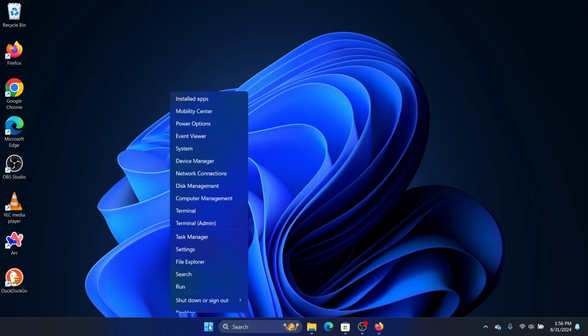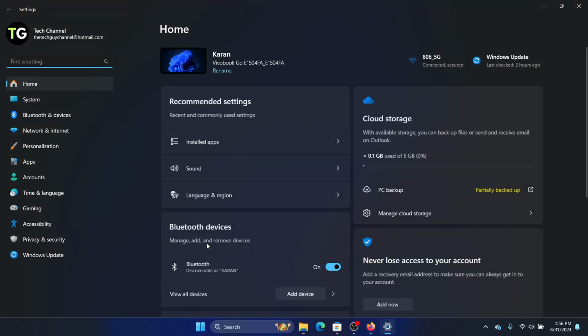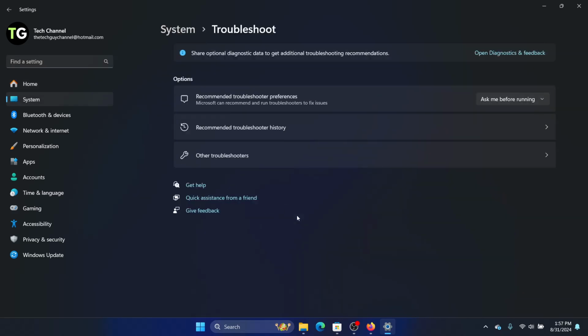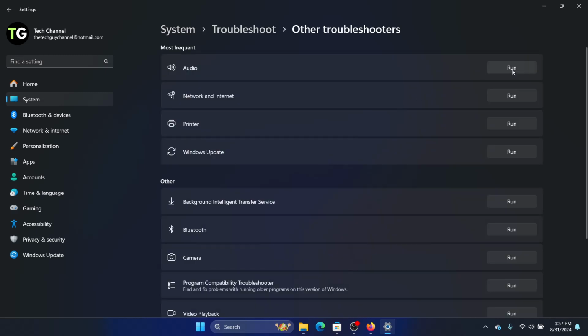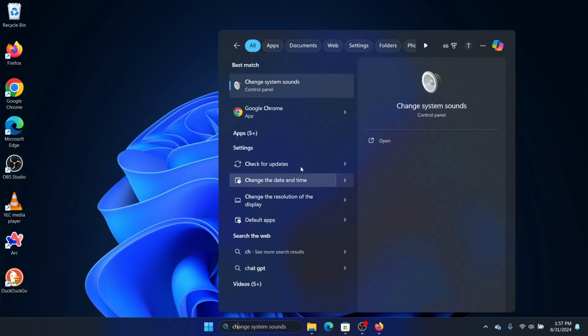So you'll right click on the start button, go to settings and then click on system, scroll down for troubleshoot, click on troubleshoot, click on other troubleshooters, and then we will click on the run audio troubleshooter button, and this should fix the issue. If this doesn't fix the issue, then we will go to change system sounds,